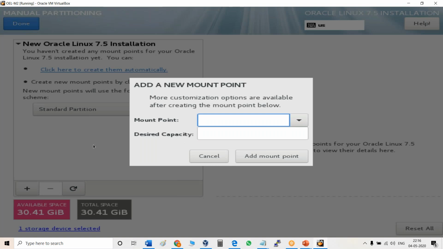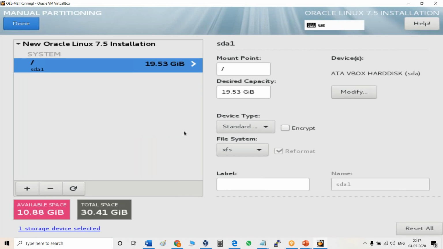So it will ask about the mount point. So you can take the mount point by this. So I say this, and then I'm giving 20 GB to this. Add mount point. So that is added. Then again come to add.